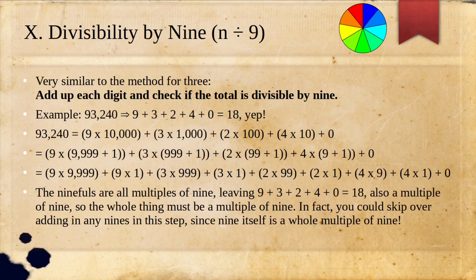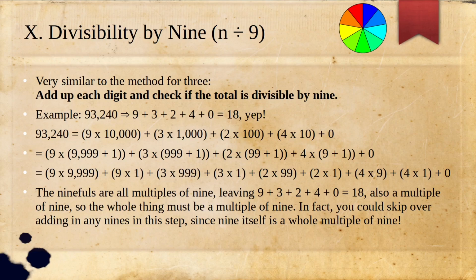To break it all down again, 93,240 is the same as 9 times 10,000, plus 3 times 1,000, plus 2 times 100, plus 4 times 10, plus 0. So it's also the same as 9 times 9,999 plus 1, plus 3 times 999 plus 1, plus 2 times 99 plus 1, plus 4 times 9 plus 1, plus 0. Hit up the distributive property again and redistribute as 9 times 9,999 plus 9 times 1, plus 3 times 999, plus 3 times 1, plus 2 times 99, plus 2 times 1, plus 4 times 9, plus 4 times 1,